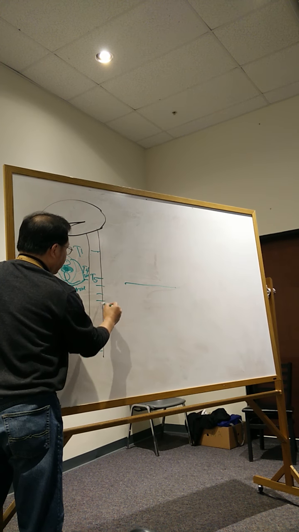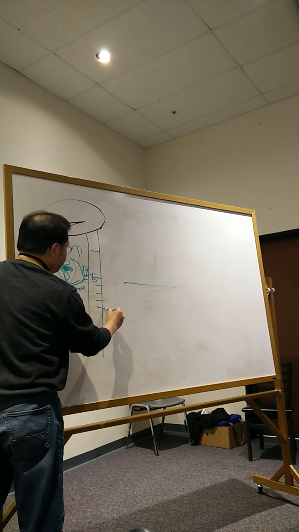T5 to T9, they join together to form one nerve. Okay? T10 and T11 again form one nerve. And T12 forms one, and then you have L1 and L2. Okay. So let me